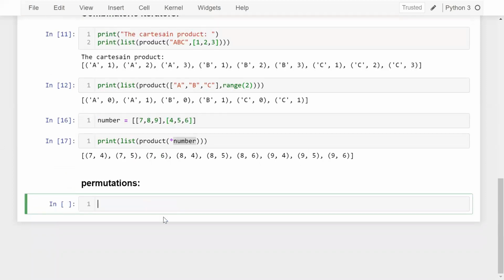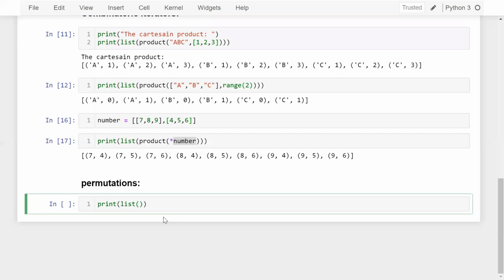So guys, what is permutation? I hope you got this concept in your schooling. Using permutation, we can have any of the different ways in which a set of things can be ordered. Let me give you an example so that you can easily understand how we can use permutation in Python.